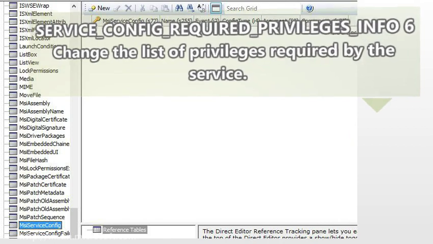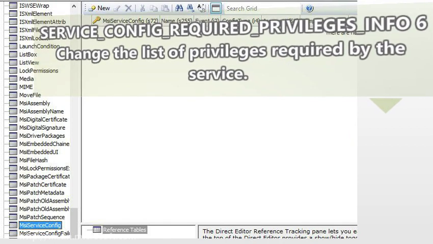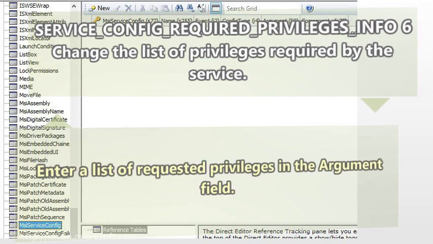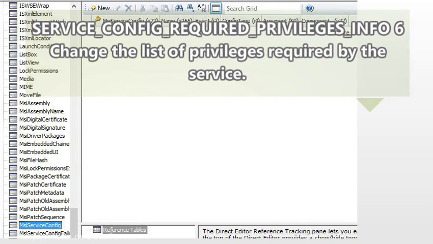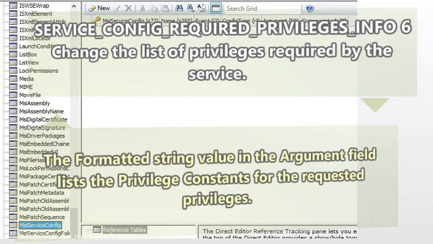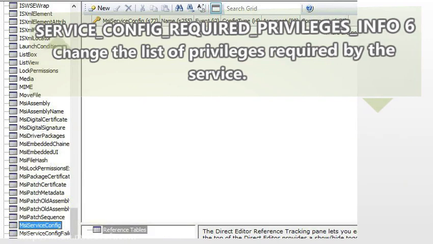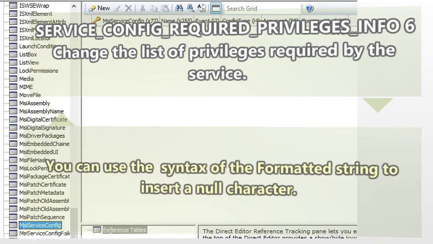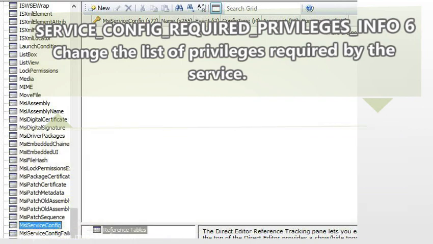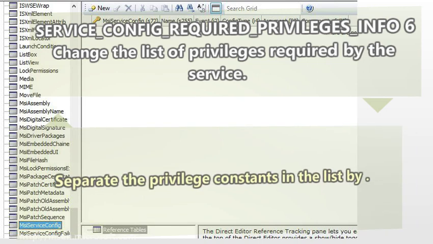Service config required privileges info 6. Change the list of privileges required by the service. Enter a list of requested privileges in the argument field. The formatted string value in the argument field lists the privilege constants for the requested privileges. You can use the syntax of the formatted string to insert a null character. Separate the privilege constants in the list by